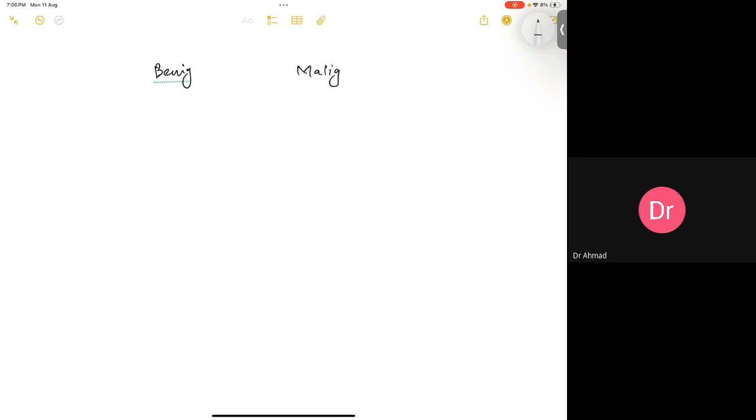malignant, right? We discussed that at the end of every benign tumor, we are going to have the word OMA, while at the end of every malignant tumor, we'll have sarcoma. Okay. So the first tumor which we discussed was osteoma. You remember that? It's going to be a benign tumor. Mostly it's going to arise on the face, associated with Gardner syndrome, which we're going to discuss in detail in